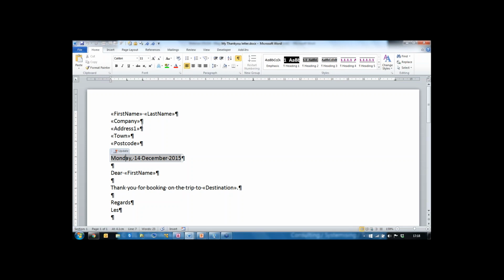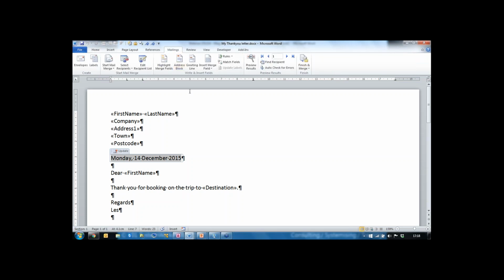Now, well, that's not really that useful, because what you'd like to do is to be able to see the mail merge on the fly. So that is available. If you go back to this ribbon at the top here, there is a great button here which actually says preview the results. So if I click it,